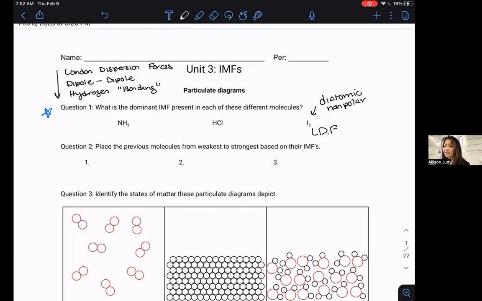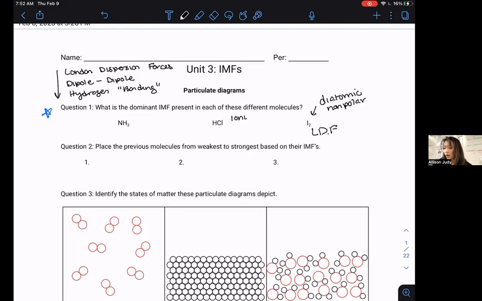Now, we move on to the next one, HCl. We know that HCl is obviously going to have London dispersion forces, but the question is, what is going to be the dominant one? What's going to be the IMF that's kind of unique to it? Well, we know HCl is an ionic compound, despite it being two nonmetals. We see hydrogen, which is on the left side of the table, super low electronegativity, pairing up with the exact opposite, chlorine, which is a halogen on the completely opposite side of the table. And as a result, we already know from our work in Unit 2 that HCl is an